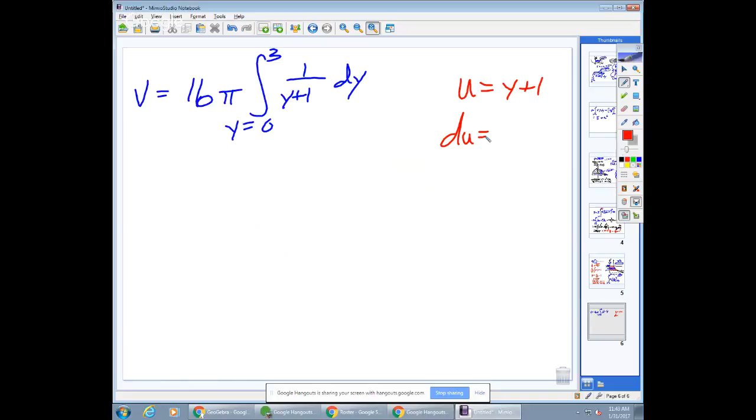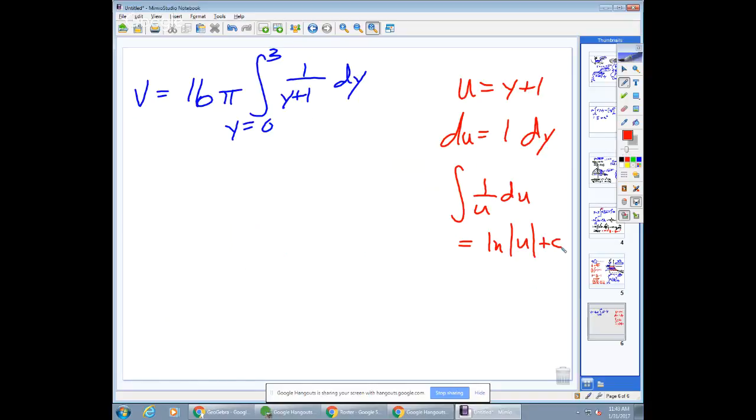Don't forget that dx. Okay, so I could rewrite that, what's that? Oh, dy, right? We switched variables. Thank you. Dy. So with that in mind, ignoring the boundaries for a minute, I could say this is the same as integrating 1 over u with respect to u, and that is the natural log of the absolute value of u plus